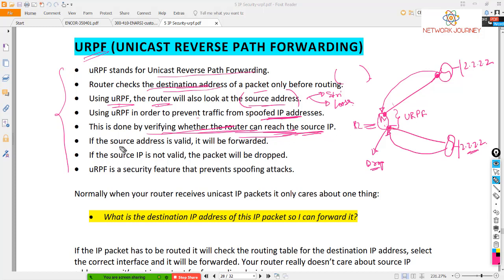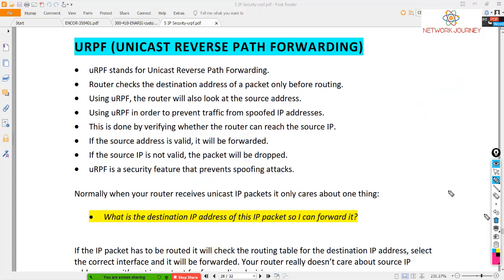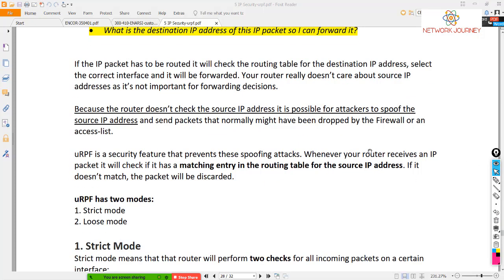Let's say if the source address is valid, then only it's gonna forward, otherwise it's gonna drop it. If the source IP is not valid, the packet will be dropped. uRPF is a security feature that prevents spoofing attack. In the case of routing, that's something where we have to bring in the security, otherwise there is no security mechanism for such